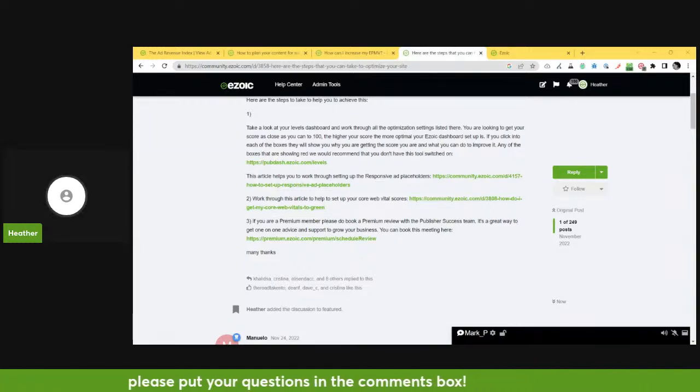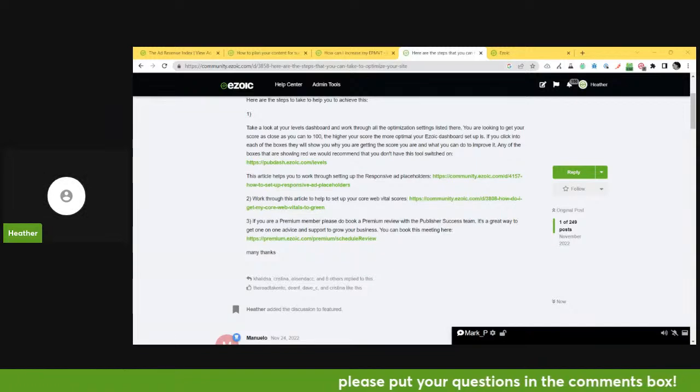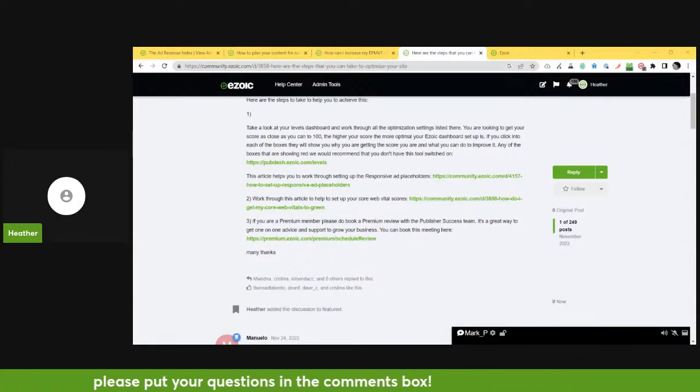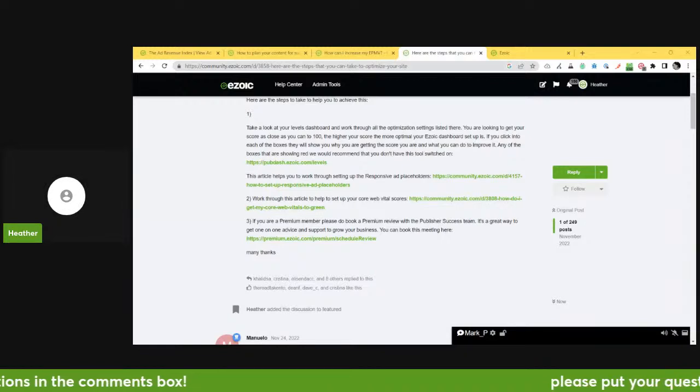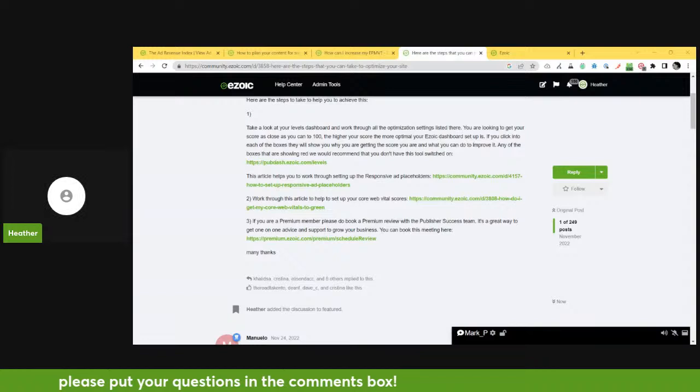The Ezoic team can see your domain name and can access your account. No one else can, so it's totally secure, and you don't need to write down your domain name. We can take a look at that for you and then give you suggestions about the next step to take. If you're level 1 or higher, do reach out to the publisher success team through the ticketing system and they'll be able to support you with that.